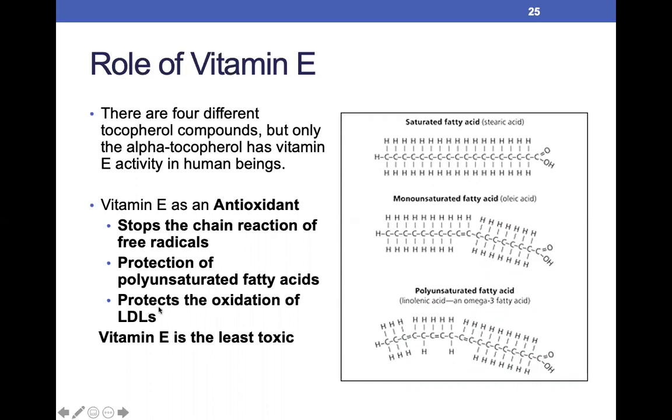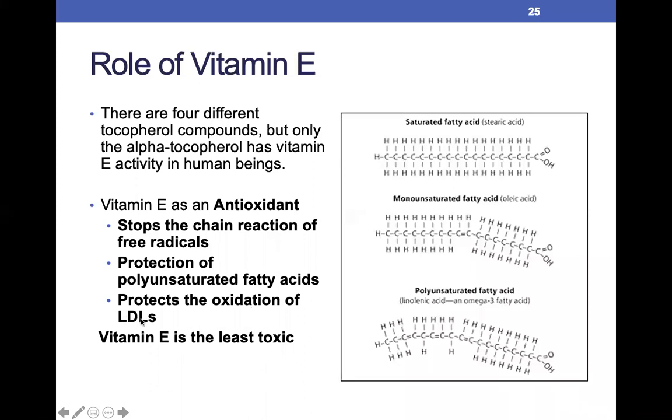Okay, and then the last point is a little bit complicated because it's more of a third year thing, but what you have to understand is that there are structures in your body that carry fatty acids. Oh, I also have another mnemonic, vitamin E fatty, so that you remember that most of these, 2 out of 3, involve fatty acids. That's going to be the other thing that helps you remember this. So vitamin E for electron to help you remember all these mechanisms, and vitamin E for fatty acids. But yeah, it protects the oxidation of,